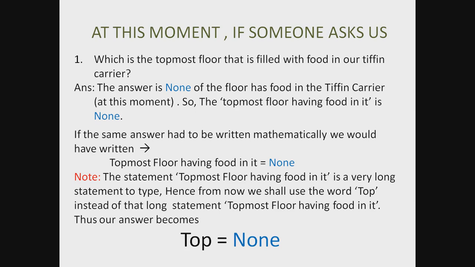That means no boxes have things in it. All the boxes are empty. The list is actually an empty list, and top, which has to point to the topmost box that has a value in it, would be said to have none. In Python programming, top keeps the subscript number of the topmost box that has a value. At this moment, no boxes have value, so top will be equal to none, even in Python programming.